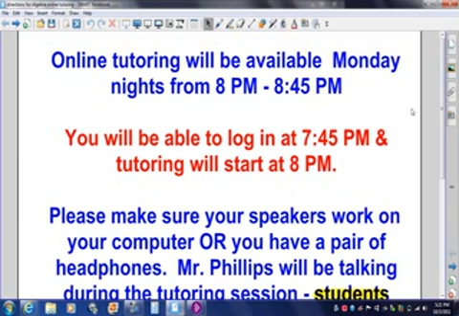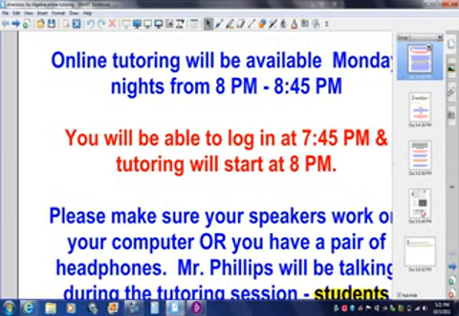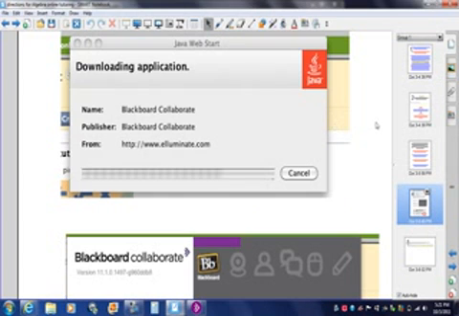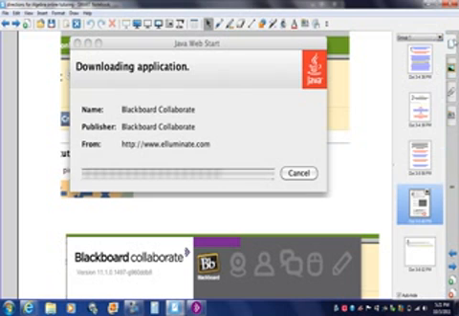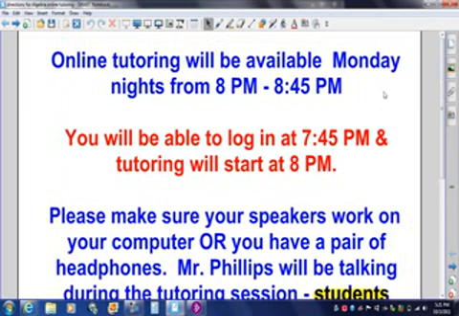take a little longer to run those scripts at the beginning with Java, downloading Blackboard, and so on. So if you wait until 8 o'clock to get into the tutoring room, you're going to miss some stuff. So I'd get in there about 7:45 or 7:50 so you can get all those applications downloaded on your computer